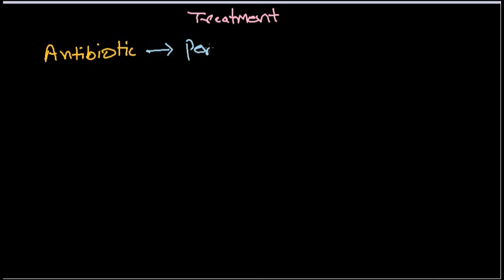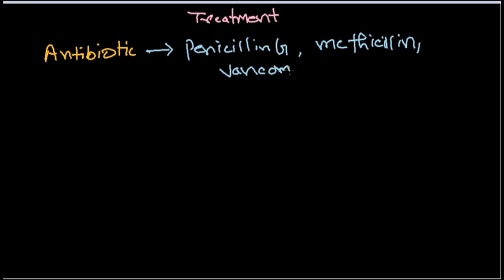But the antibiotics that were used in previous times are usually penicillin G, and they've also used methicillin, and also vancomycin. So they have used all these three major types of antibiotics to kill Staphylococcus bacteria inside our body in different situations. But nowadays, all of these three are non-reactive because the Staphylococcus bacteria